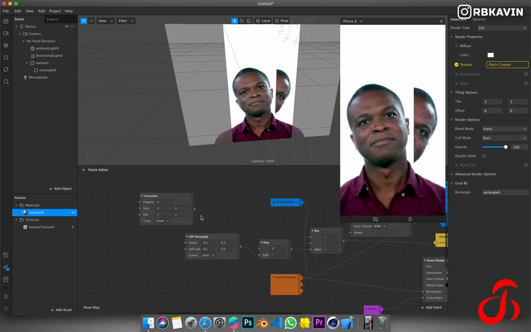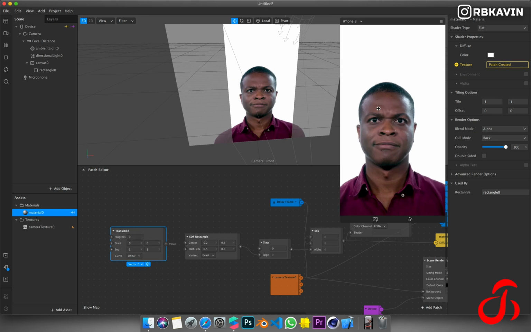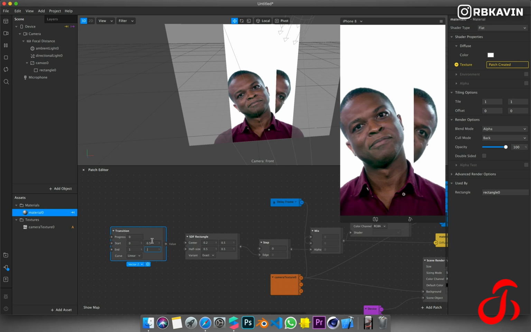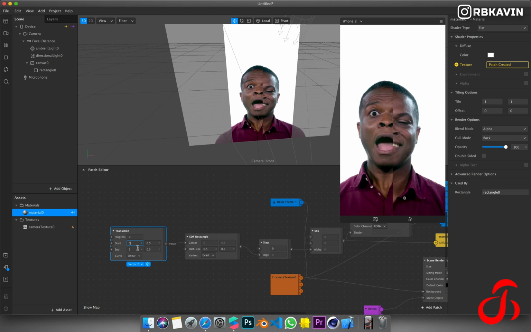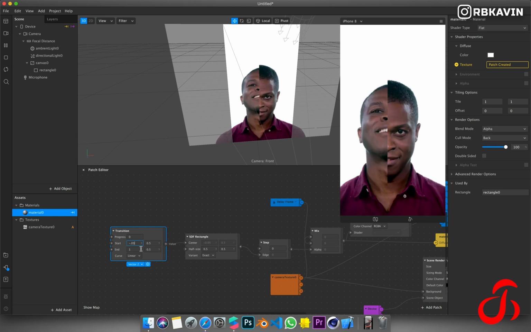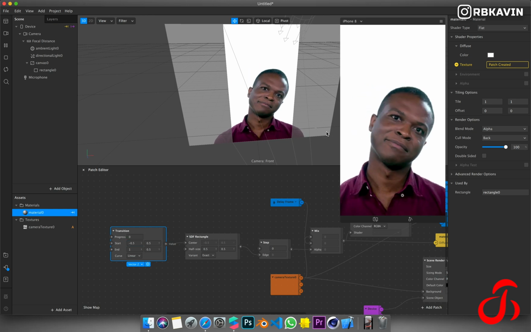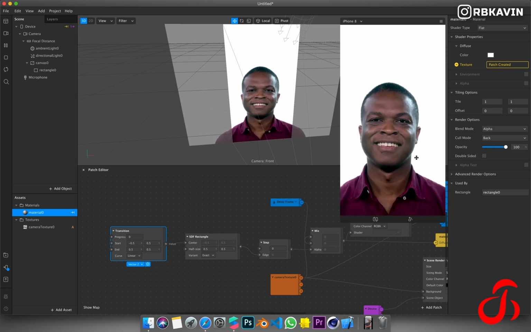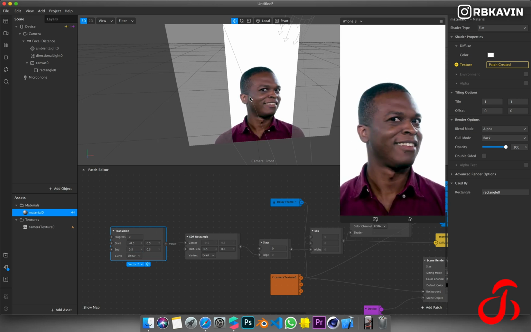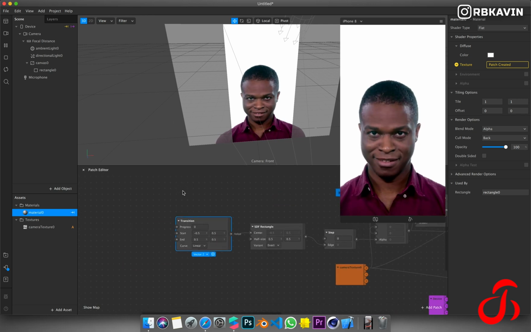So as it is a vector 2, I'm just going to put a vector 2. If you want the transition to happen on the x-axis, you need to change the x and keep the y value 0.5, and then keep the starting x as minus 0.5. So basically it starts in this part of the region and ends on 0.5, that is the center. So basically we're moving the center.